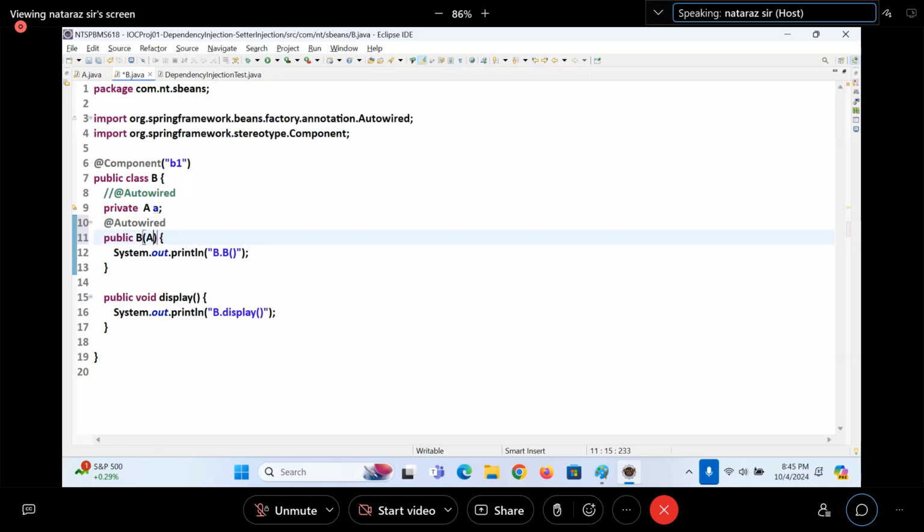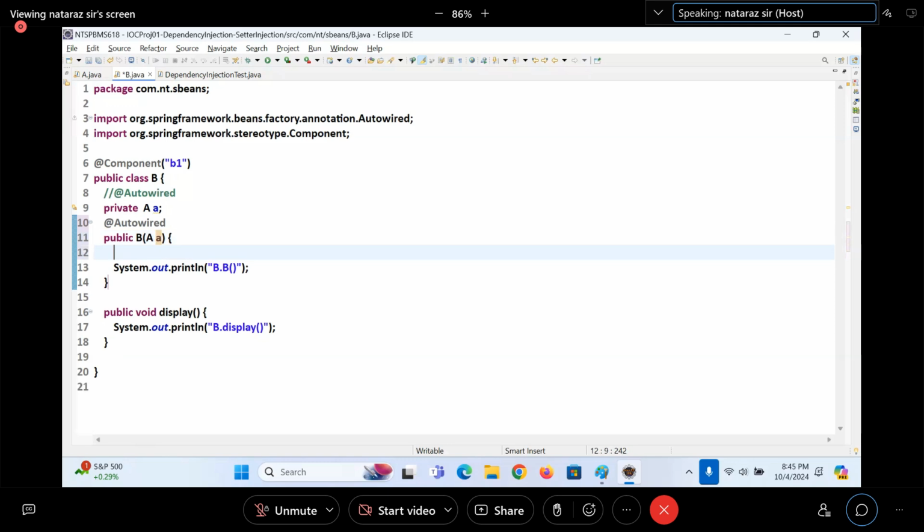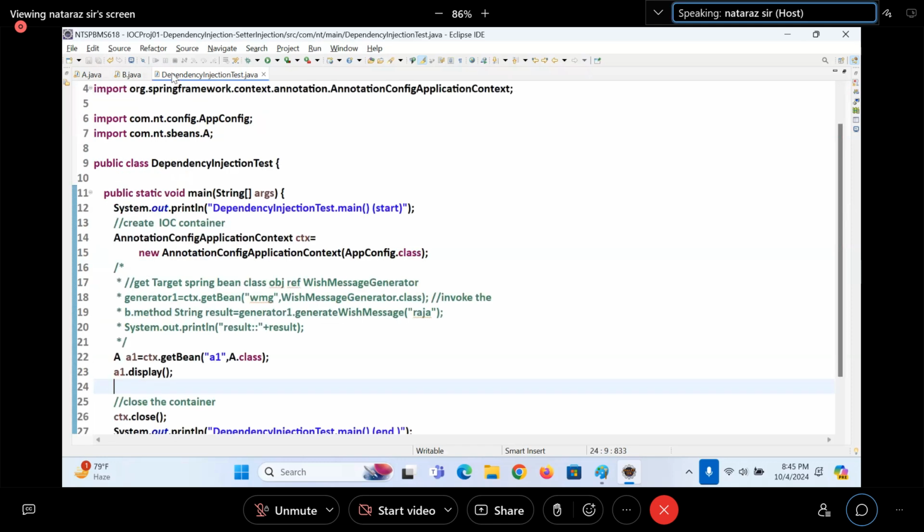Here, this.a is equal to a. In this place, what are we taking? One param. Got the point, my dear? I want a reply. Come on.